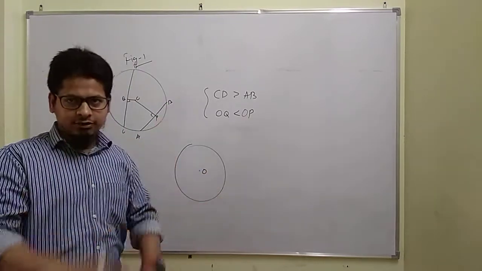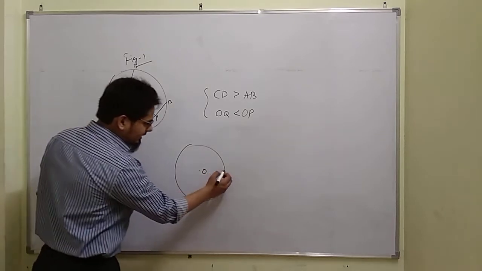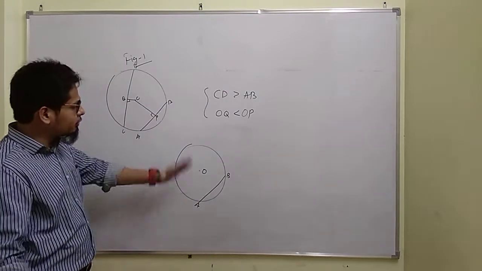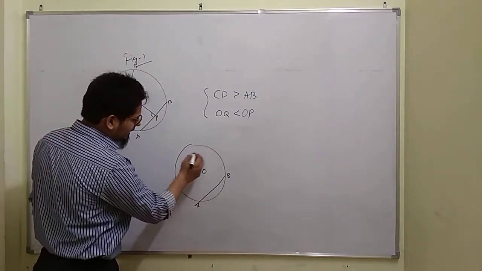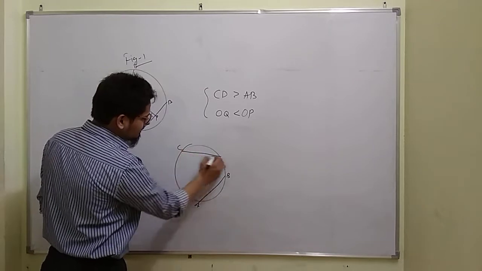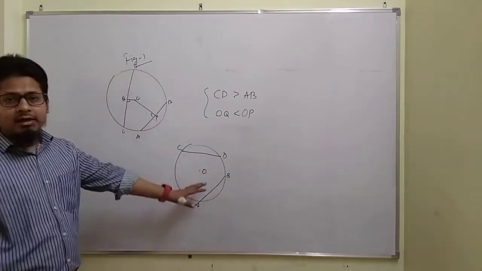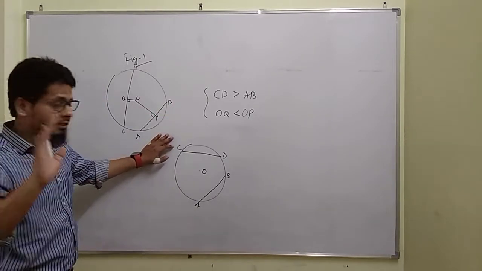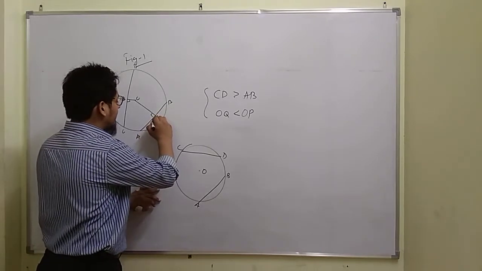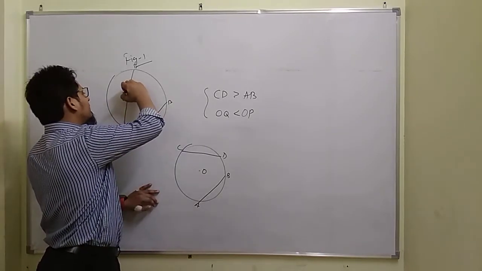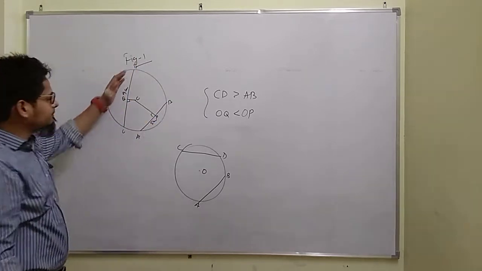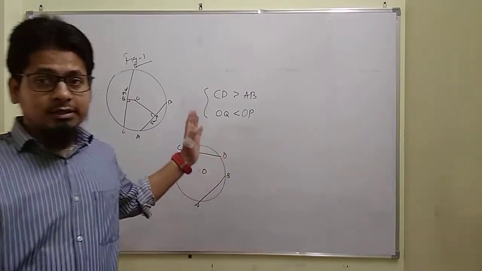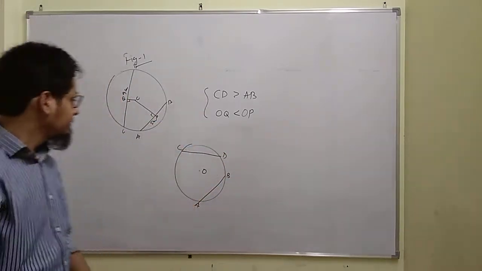Now I take both chords of the same length. We will draw two chords. Suppose this one is AB, and of the same length I draw another chord here. The length is the same, and I also write the length so that you are not confused. I just let it be 5 centimeters, or for example 9 centimeters, as the length of the chord. It is only for your good understanding, so that when you see this figure you can understand the concept. So what did I do here?